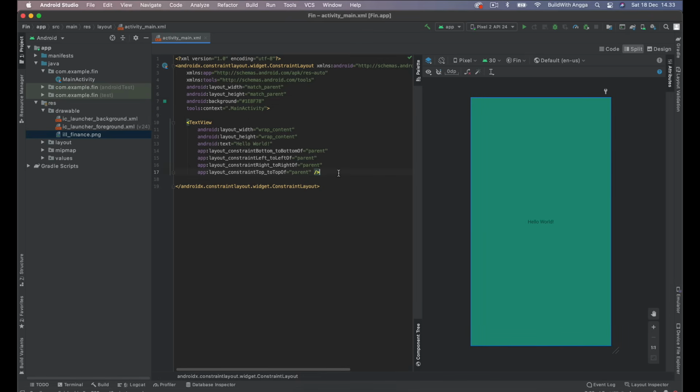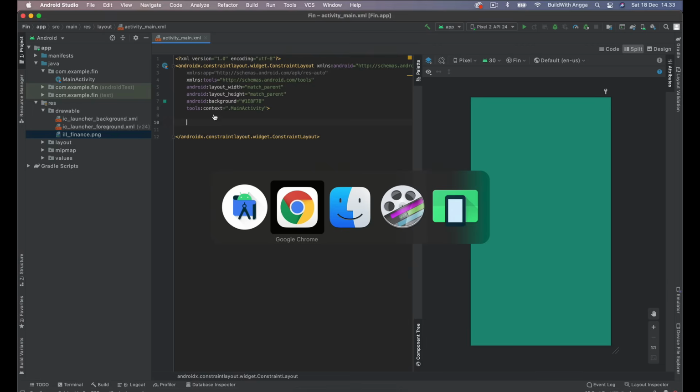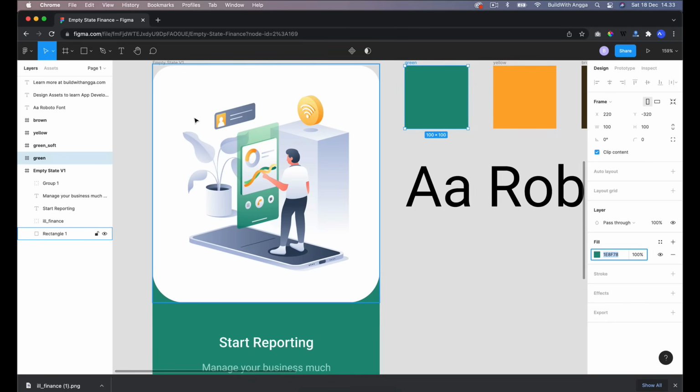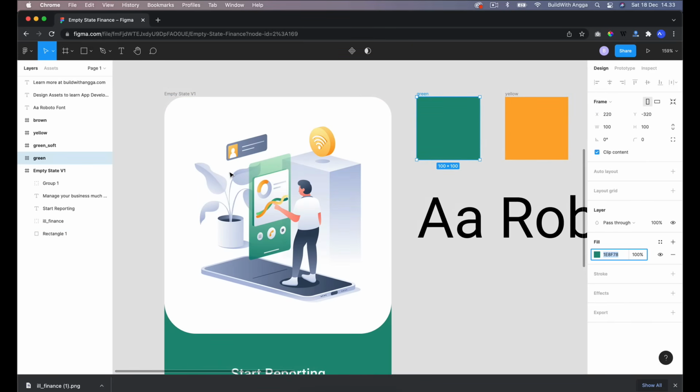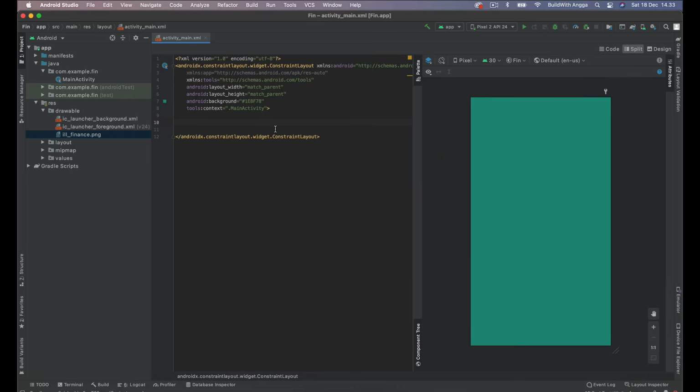And then we don't need this text view, so we just remove it. What we're going to need in this container, you can use any layout in Android Studio. I'm going to use a linear layout.